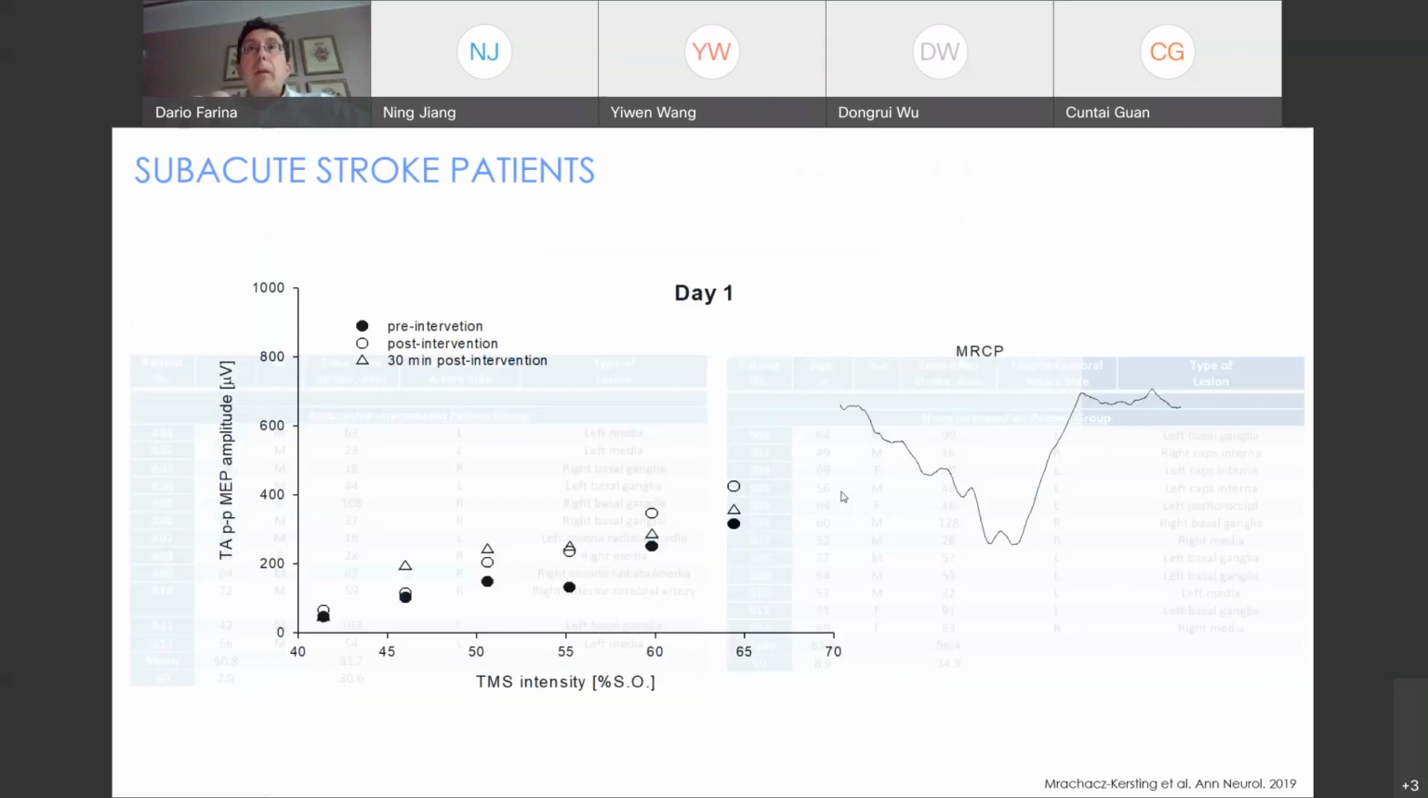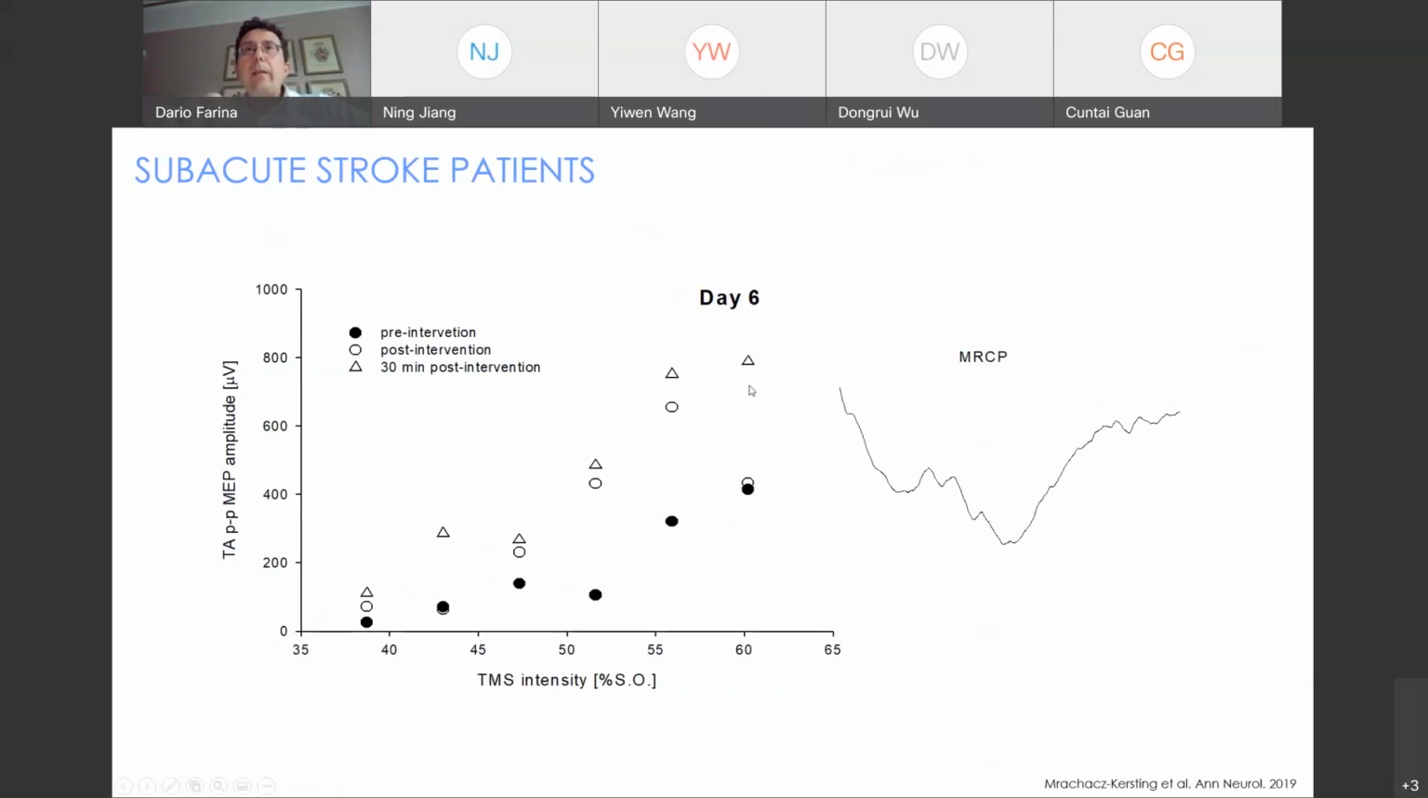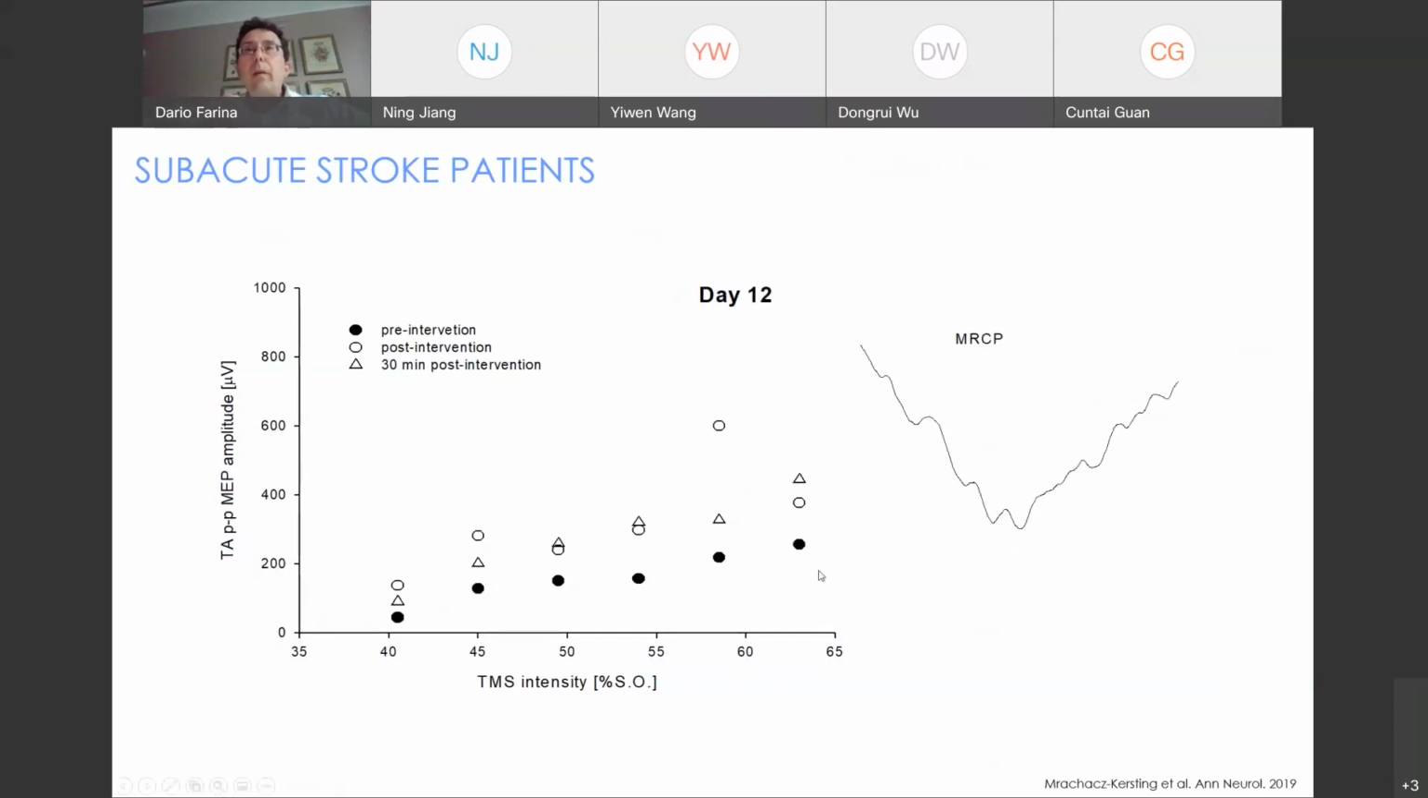And here is an example. In this case, we had 12 sessions distributed in 4 weeks. And here you can see in one patient of the intervention group, day 1, we have stimulus response curve before and after the intervention. Here you can see the shape of the MRCP. And here is the same patient, day 6, we have increasing cortical excitability, and day 12, also increasing cortical excitability